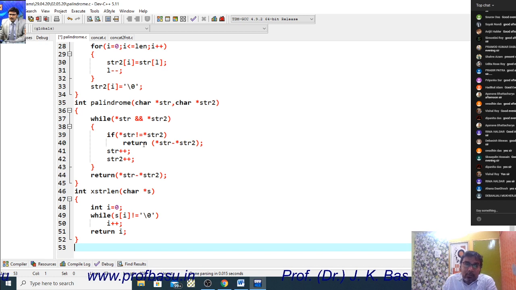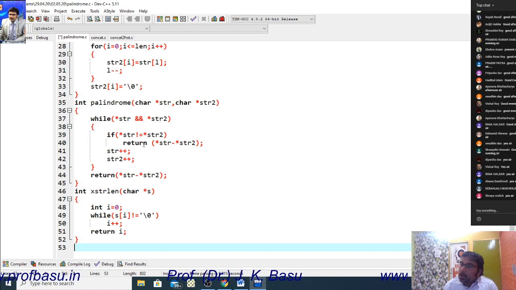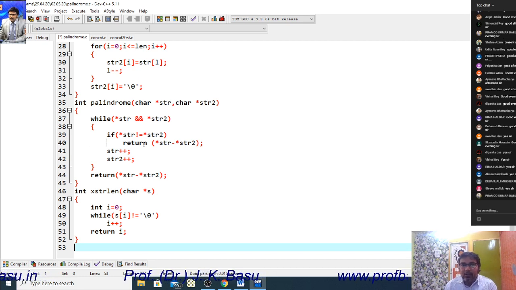This is what actually I am doing. I am comparing two strings basically. There is another default function of the string.h string library, that is strcmp, that we will discuss. What does strcmp do? It compares two strings, and when it gets a mismatch, it returns the numerical difference of the